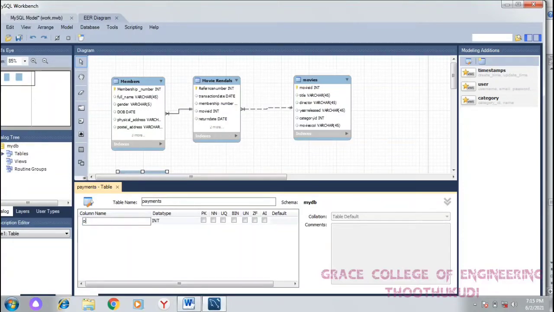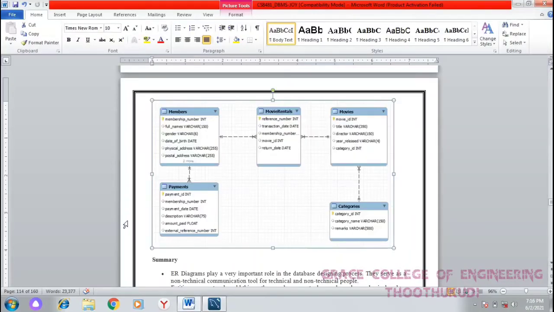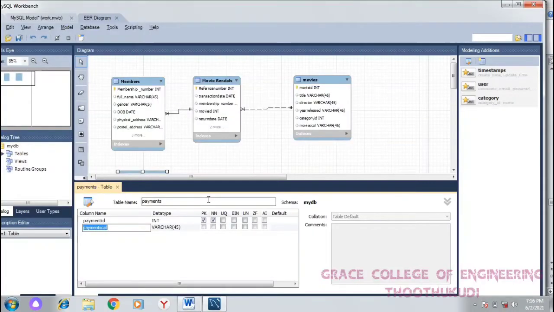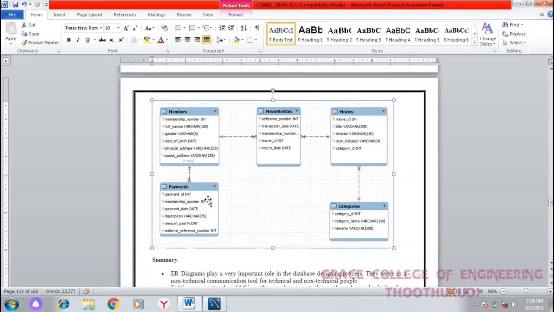Payment ID is an integer data type, and for payment ID you click not null and primary key. The second one is the payment date; write it in the column name, and the data type of the payment date is date. Take the date value from the drop down list.